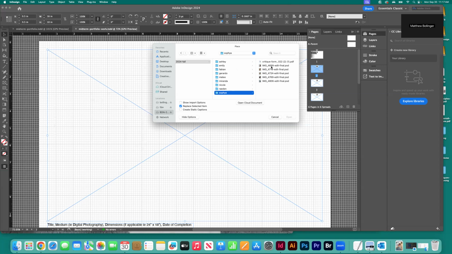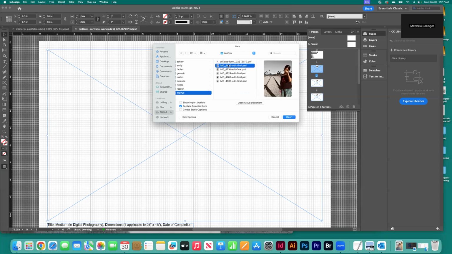So she knows what negative she started from. So image underscore 4699 dash edit dash final dot PSD. This is really organized work, okay? So if I select that,